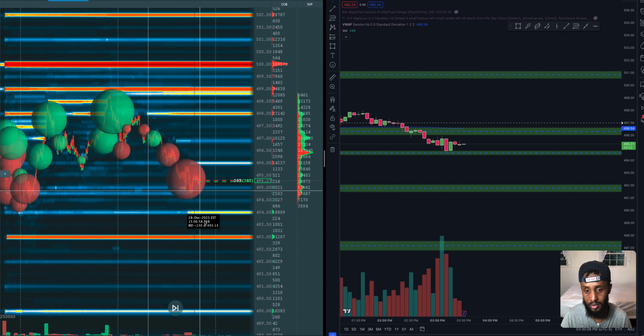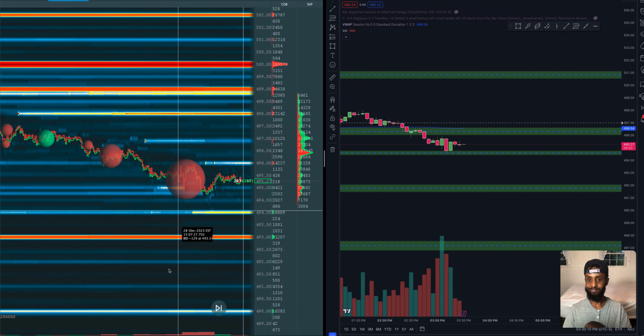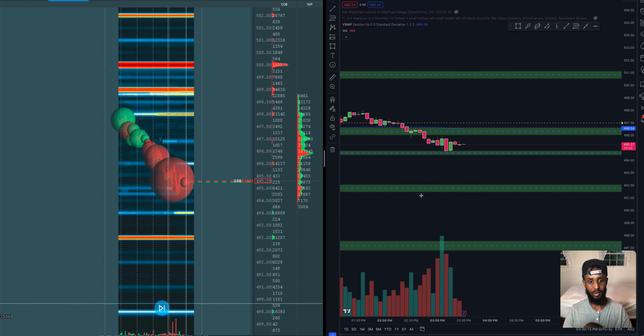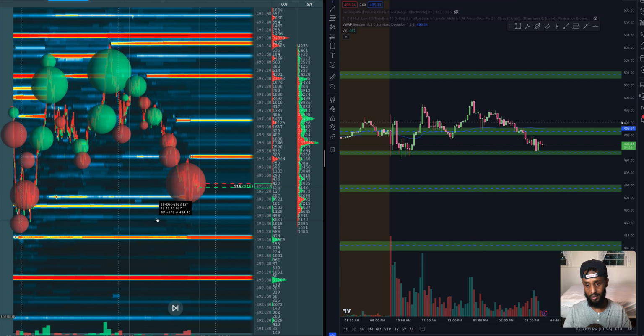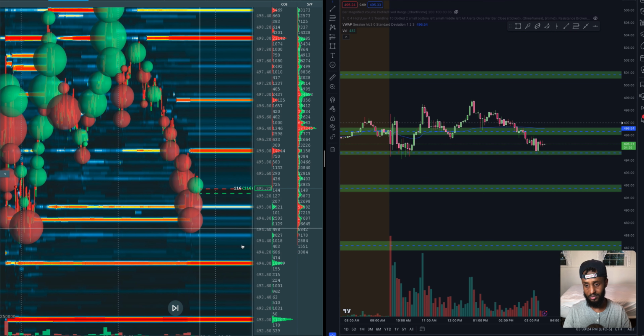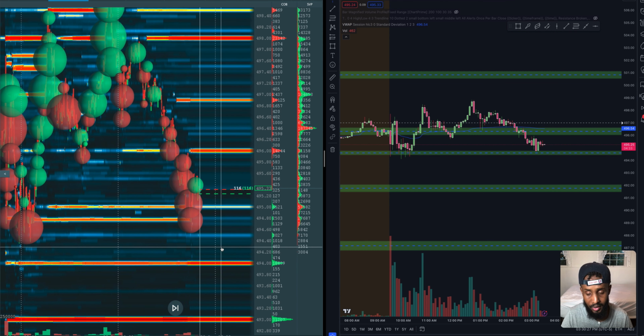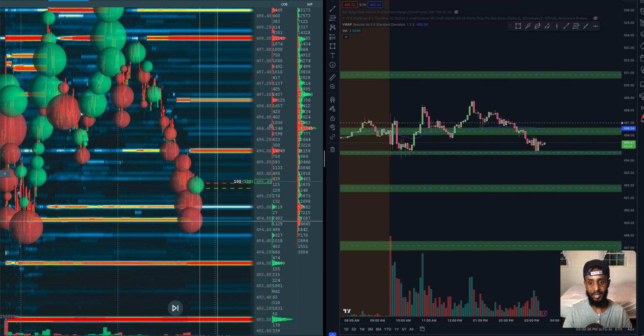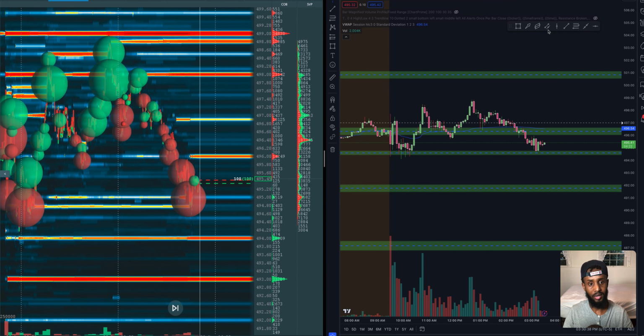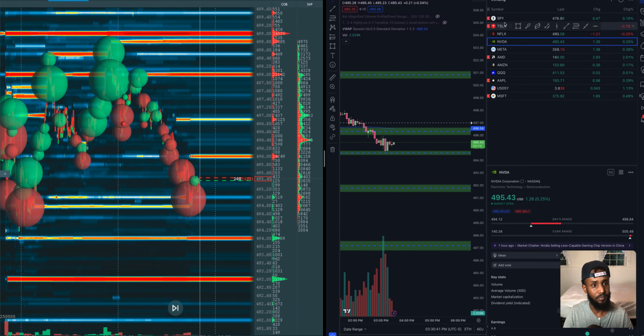And Bookmap is showing us the Nvidia bounced here earlier. So this 494.60 area was a support area in the past, and we can see we do have some buyers still here. It's taking out these buyers at 495.80 and 495, and if we take out these 494 buyers, this thing can go lower, and the overall market, let's see,